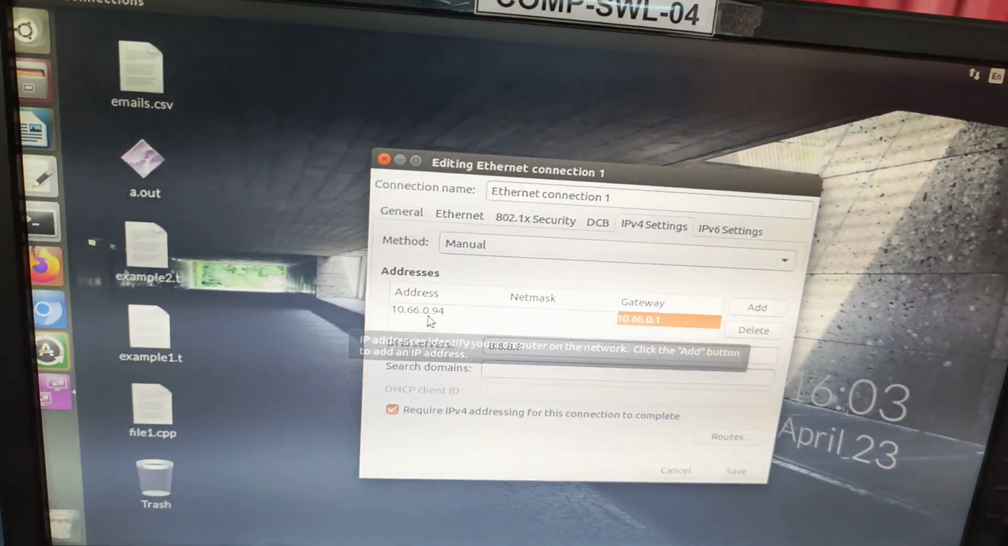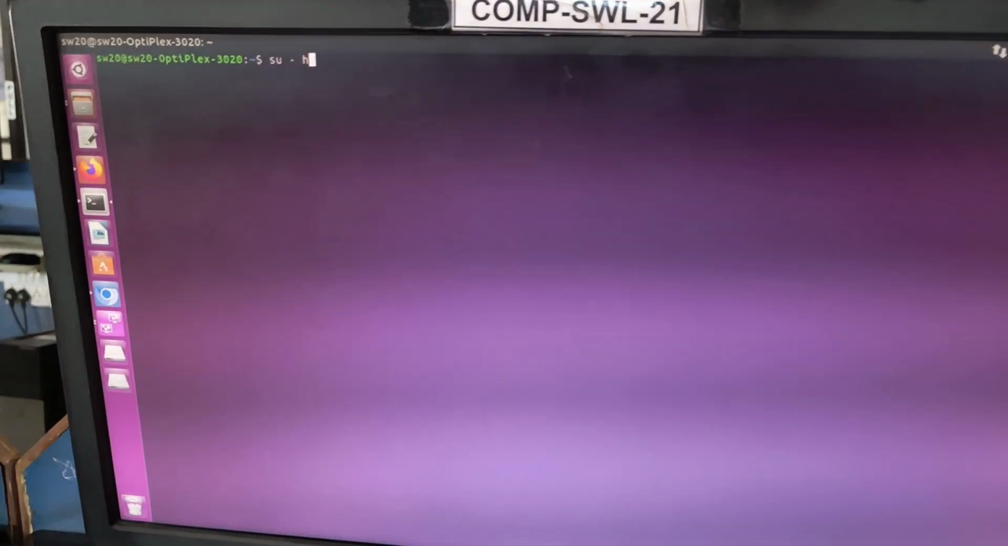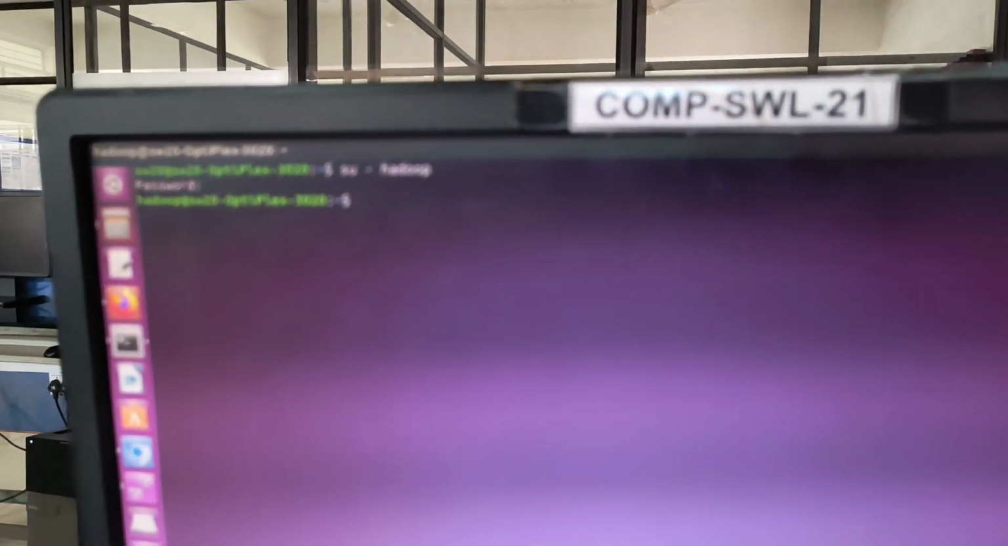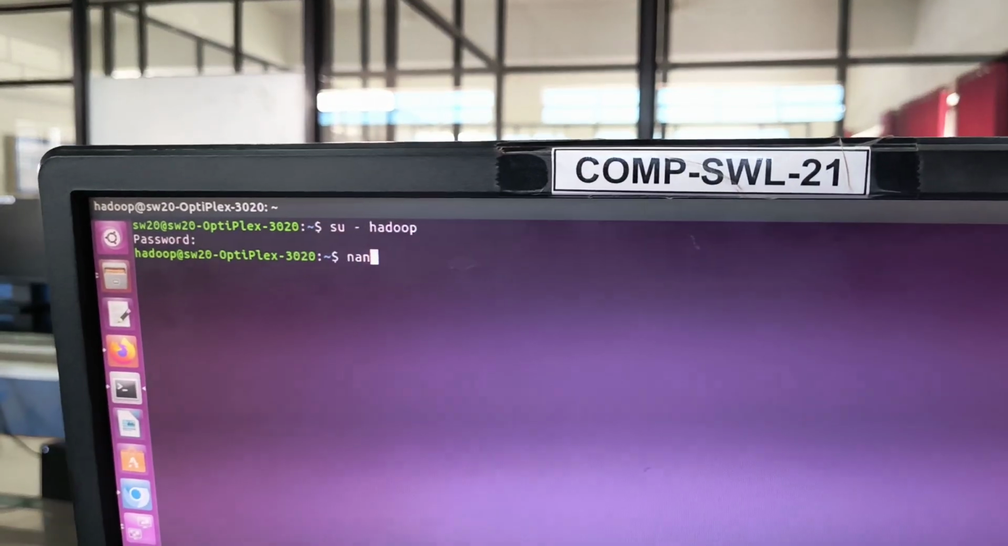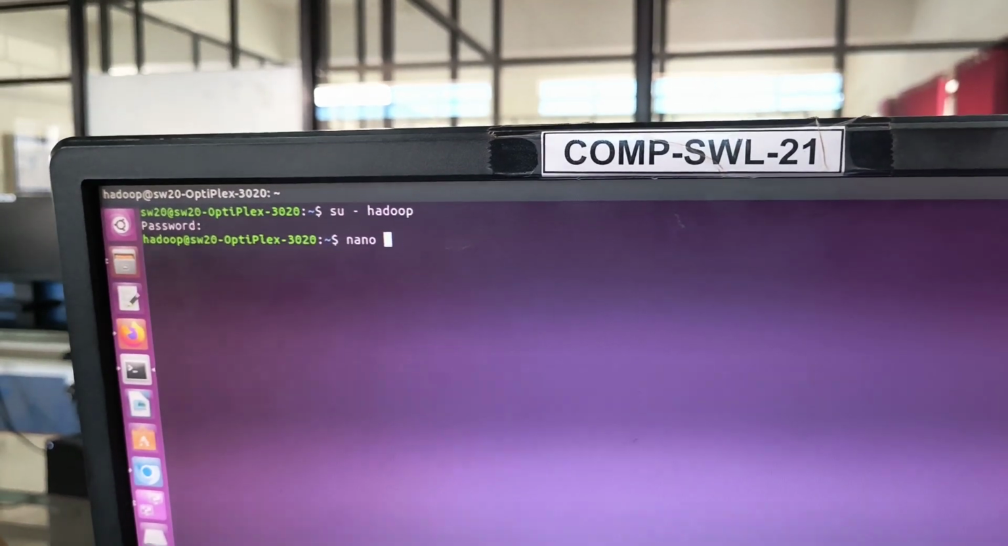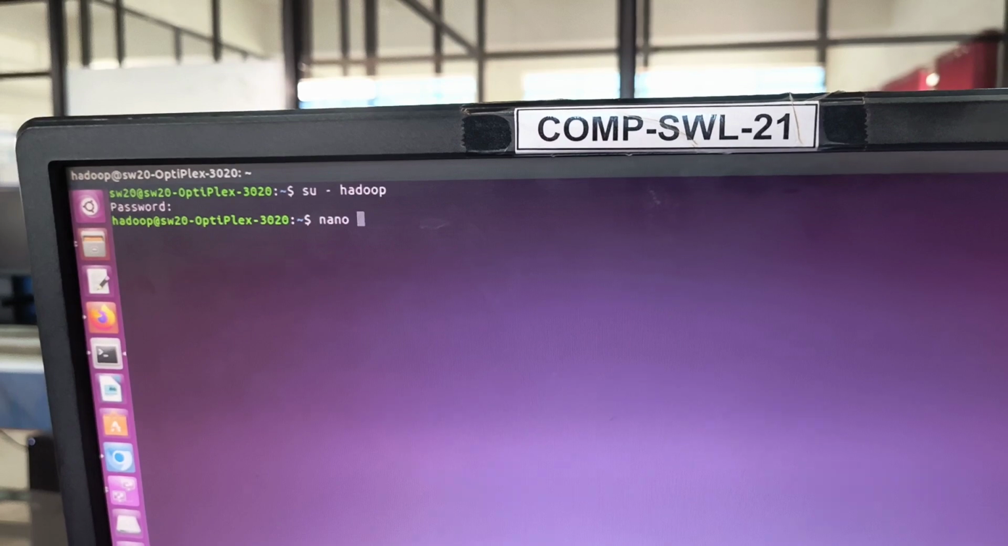So for that you have to enter su hadoop, that is, you have to start the Hadoop session. After entering your password, you are in the Hadoop session. In the Hadoop session, the command to include the IP addresses of slave as well as master is to use nano